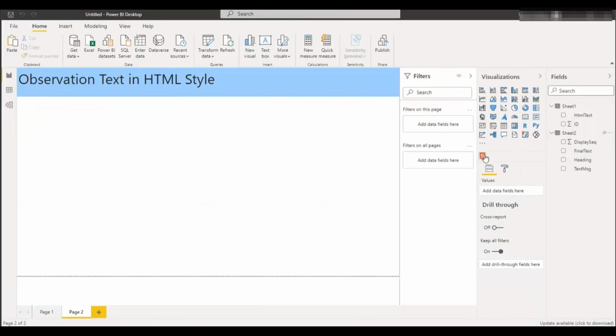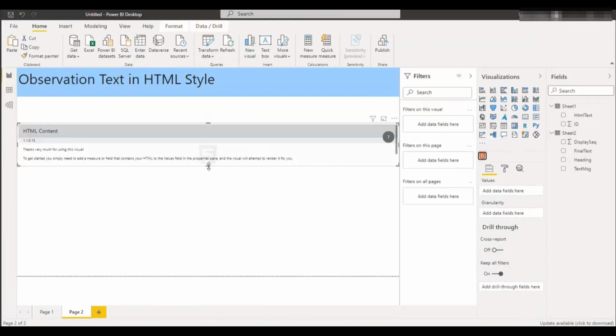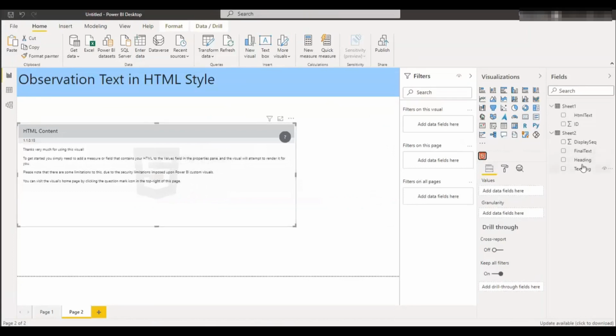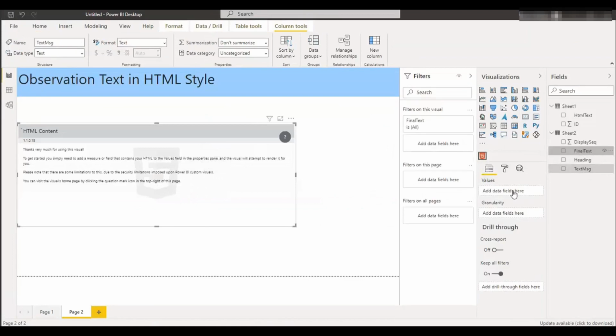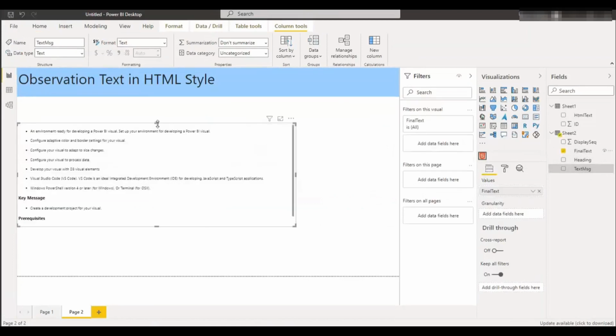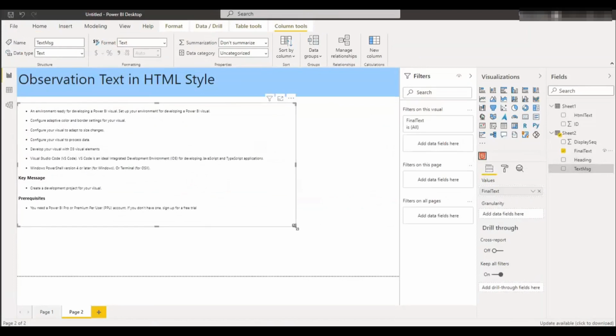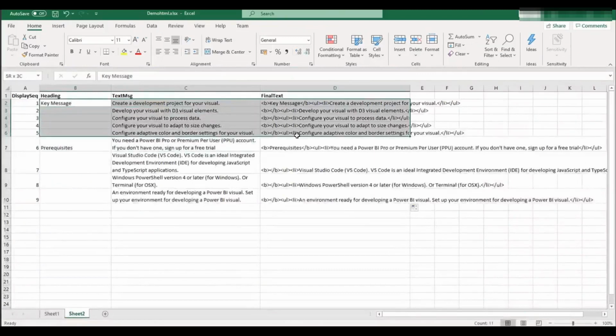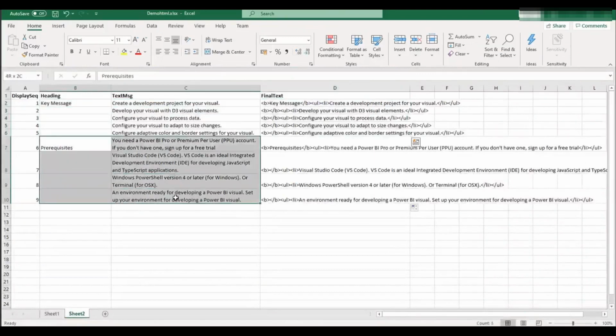I'll put this HTML content here, double click, and I will say my final text. Once I say my final text, if you can see on your screen, it is not coming the right way. The key message is coming and the prerequisite, and within the key message these are the texts, and within the prerequisite these are the texts.